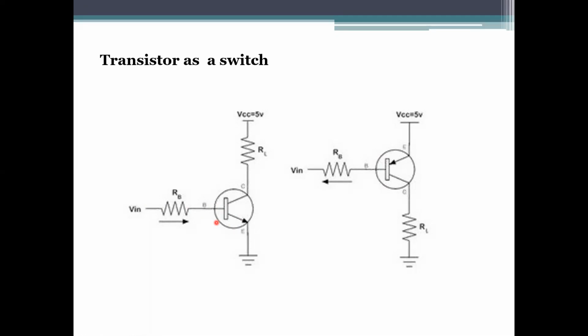Third, there are only two cases in your switch. The first one is when the voltage is 0 and the second is when the voltage is 5. It operates as a switch. Switch on means high voltage, switch closed means low voltage. In this way it will work on only two voltages, either high or low, because it acts as a switch. So for the switch, you can either turn on the switch, otherwise turn off the switch.